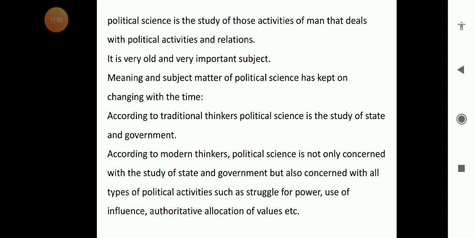If we talk about the modern political thinkers, they believe that political science is not only concerned with the study of state and governments, but also concerned with all types of political activities such as struggle for power, use of influence, authoritative allocations of values,